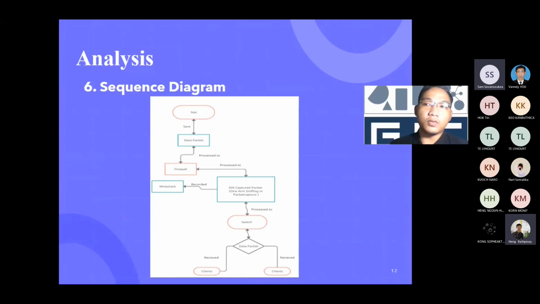How about packet sniffing and the packet capture? Why did you choose it? Are there other software for capturing packets? Thank you, teacher. For the software, we can use signature based in a FortiGate firewall. They also have a signature based one as well, but it's a paid license. And we can use the